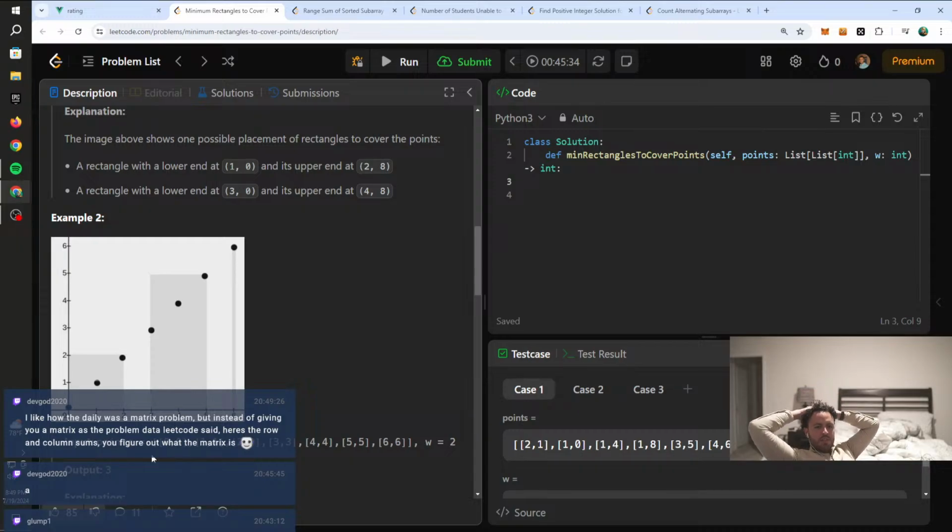I like how the daily was a matrix problem, but instead of giving you a matrix as the problem data, Leetcode said, here's the row and column sums, you figure out what the matrix is. That's pretty interesting. It's different. Did you get it? Did you solve the question? Yeah,